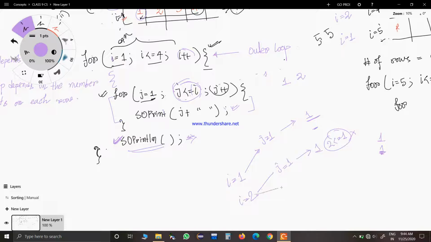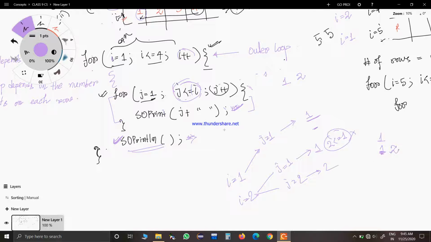For j equal to 2, 2 will be printed on the same line, because we are still executing this inner loop. In the previous case the I value was 1, so after executing 1 time the inner loop stopped, but here I value is 2, so it will run 2 times.